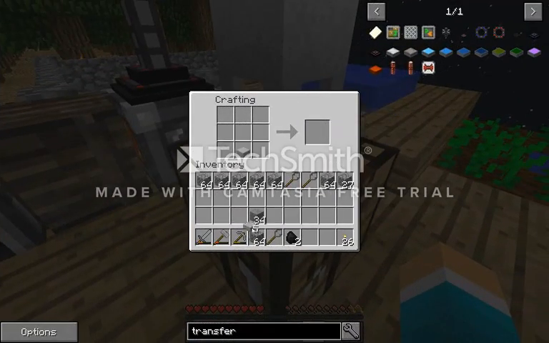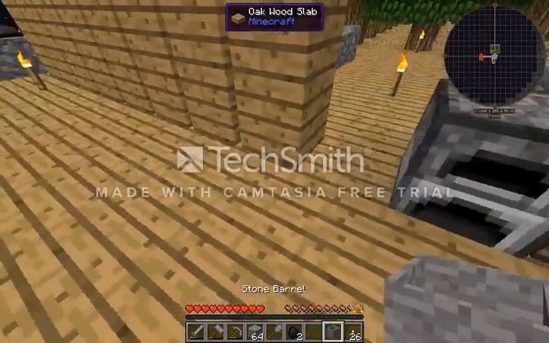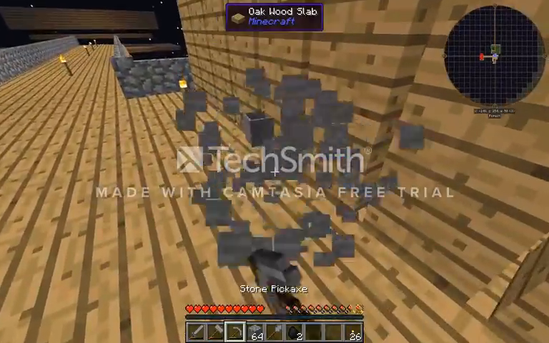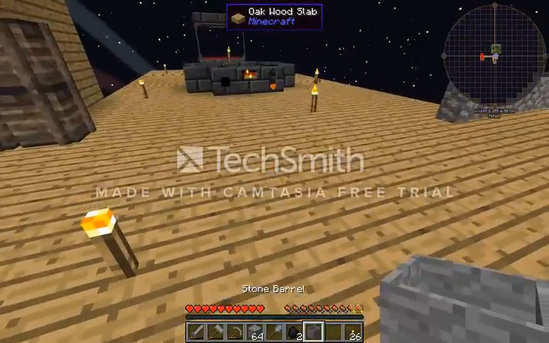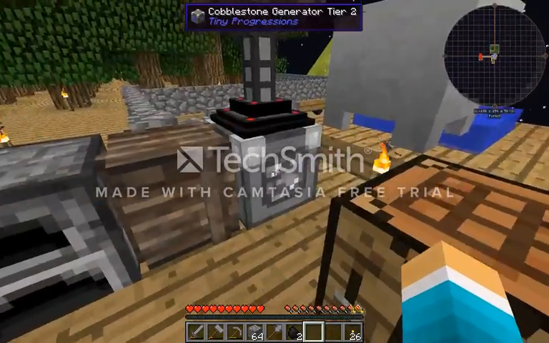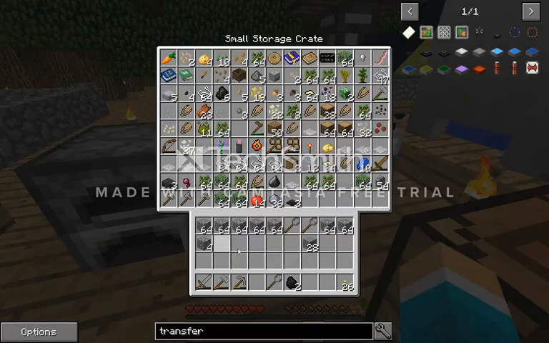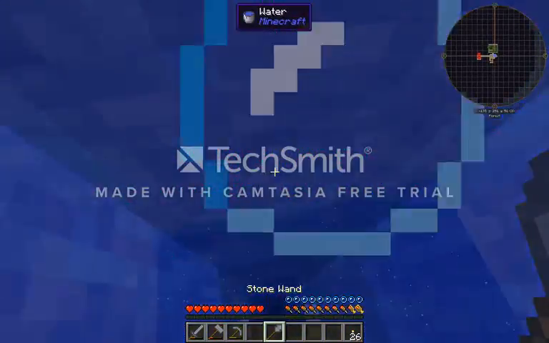Okay, so right here I am making something called a stone barrel. With the stone barrel, it's going to be possible for us to get obsidian. So I don't want it to stay right towards a wall. I want it to be kind of in the middle. And we're going to take this cobblestone, and we're actually going to go back down